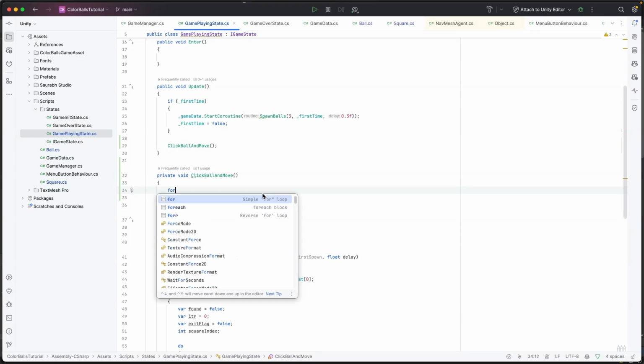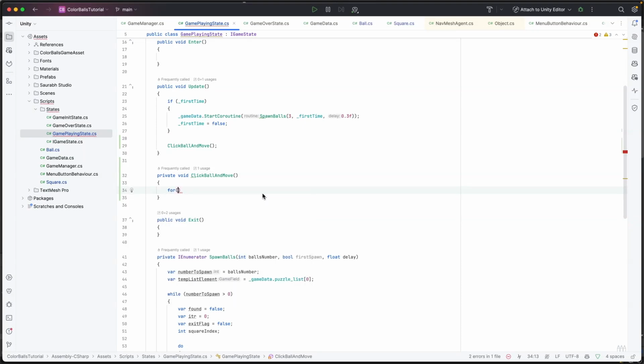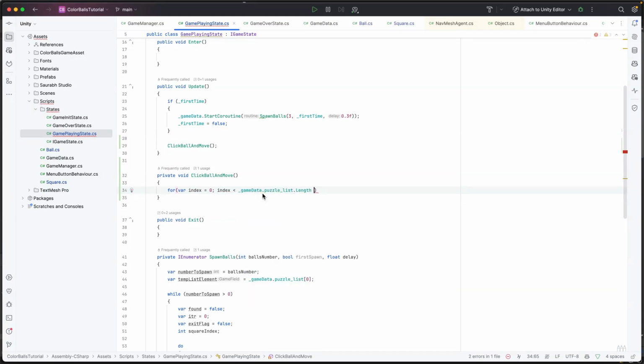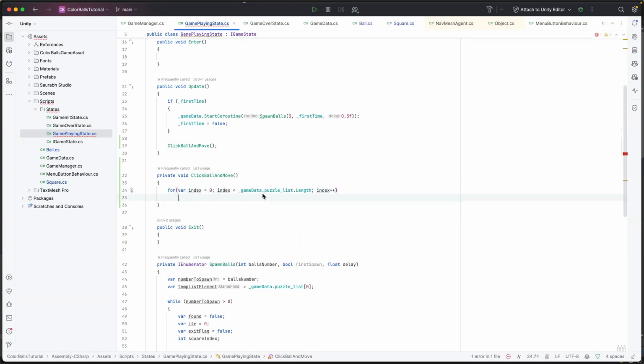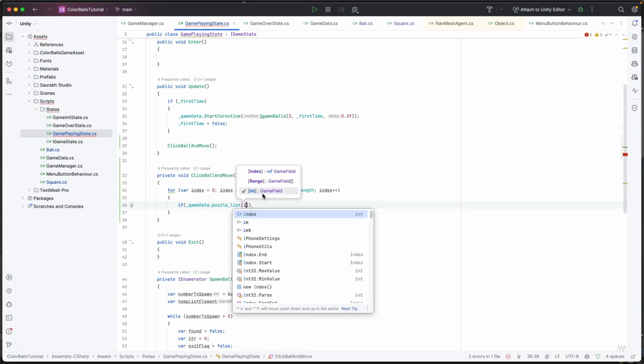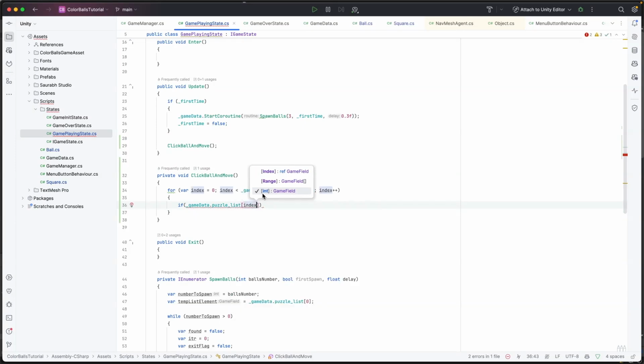So for var index is equal to 0, index is less than the game data dot puzzle list dot length, and then index plus plus. So inside here we want to check if the game data dot puzzle list at index is empty,